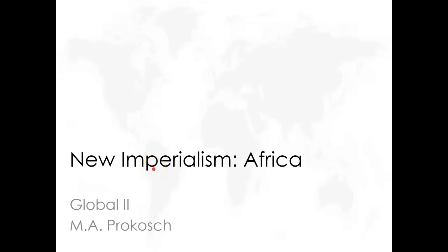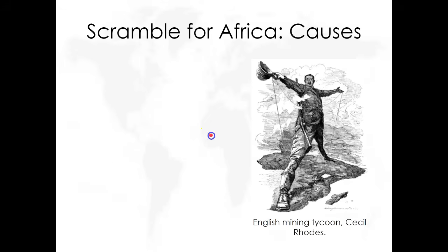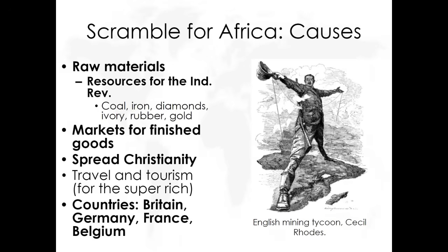So if you always want to be safe, just say imperialism and you'll always be right, okay? Say imperialism, you'll be right. So let's first start with new imperialism in Africa. So this is all the 1800s. So make a note to yourself, 19th century, 1800s is new imperialism, and this is where Africa will almost completely get colonized. Okay, like anything in history, if you know the causes, you know the effects, you're golden.